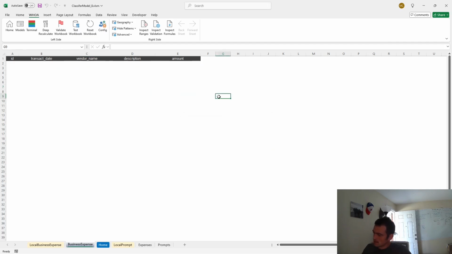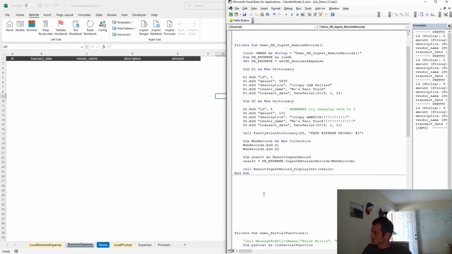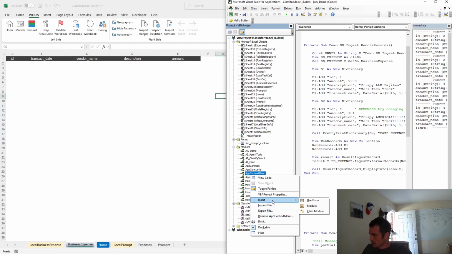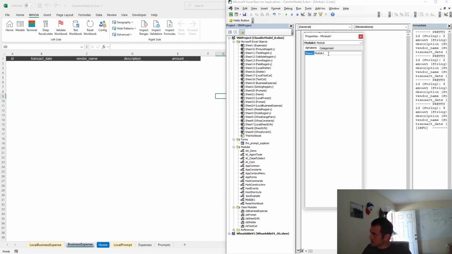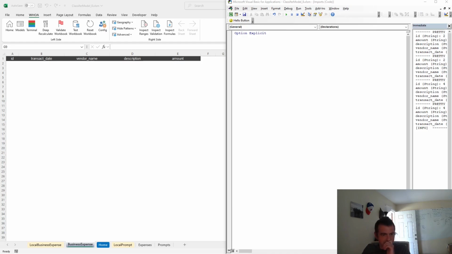And then let's try and clear through here. Done. All right, so now we can just import reset, which if you're building an import script for the first time, will probably be useful. All right, I'm inserting another module. I'm going to call this one imports. Okay. Public sub import